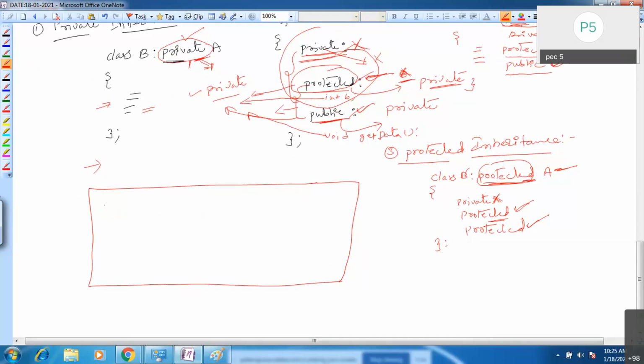We'll see the same in the next class. In a single table I will give all these derivations: private inheritance, protected inheritance, and public inheritance. Just remember this table, don't get confused. I will give this table tomorrow. If you remember this table, you are able to derive all the derivations like private, protected, and public.